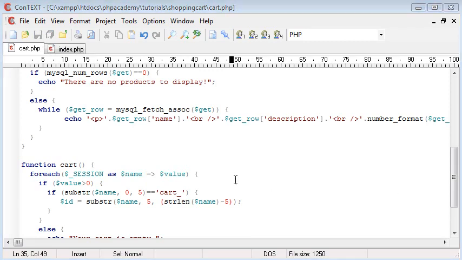Now the reason we're doing this is because we could have cart_1. That's fair enough, we could just set this ID variable to take the last single digit. But let's say you've got an ID of 12. We're going to have to bear in mind that we're minusing 1, 2, 3, 4, 5 off of it, and that's the remaining, so ID would equal 12. Hopefully that makes sense, that we're taking off 5 from the value of the string length of name,